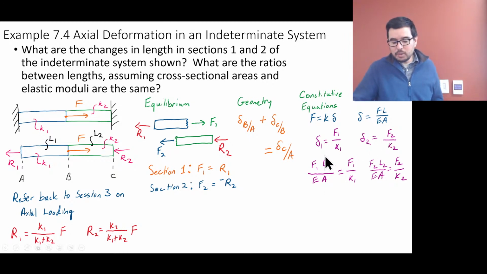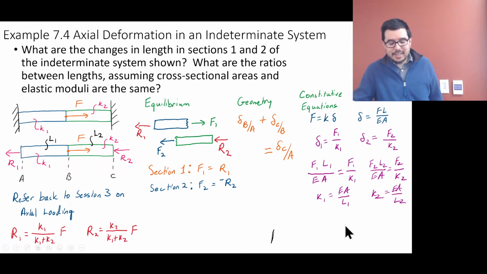But here we're going through and saying, all right, I have this constitutive relationship, I have this equilibrium occurring, and that I know what the internal forces are, and what they are related to R2, but I'm not actually even using R2, so even this is maybe not necessary. And then we can say, okay, K1 is equal to EA over L1, K2 is equal to EA over L2, and